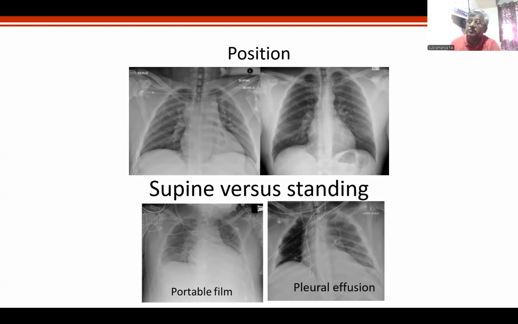Because it was taken in supine position, there is no description that you would otherwise read from a textbook. And this can mislead you in an ICU. Did you get my point? No, I'm trying to tell you, please note this